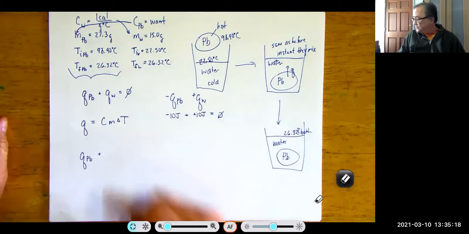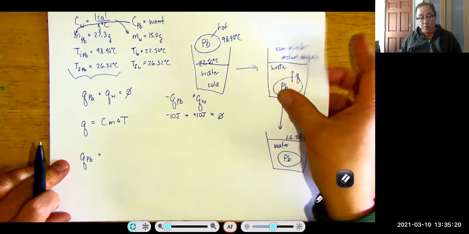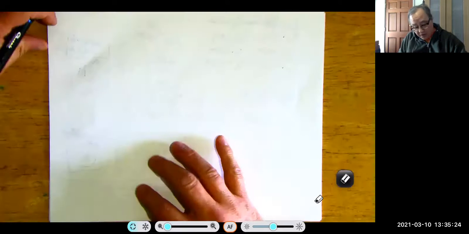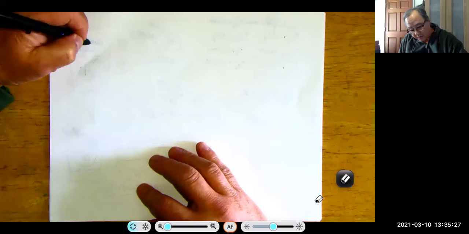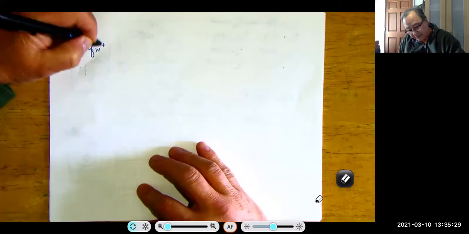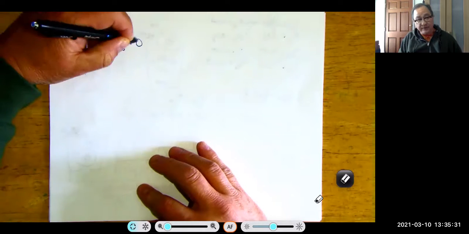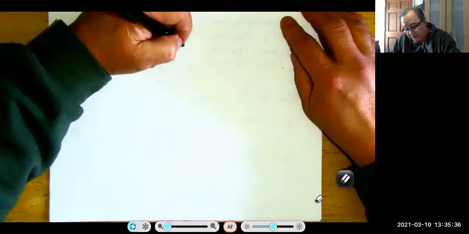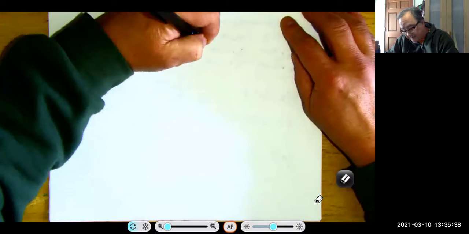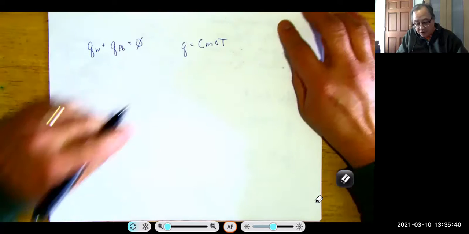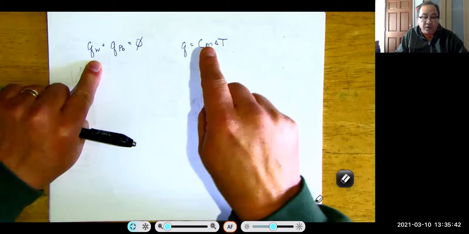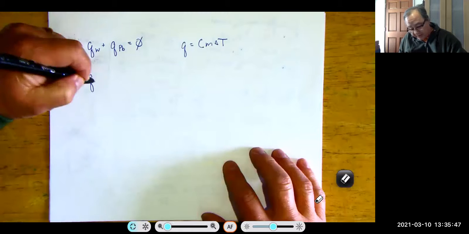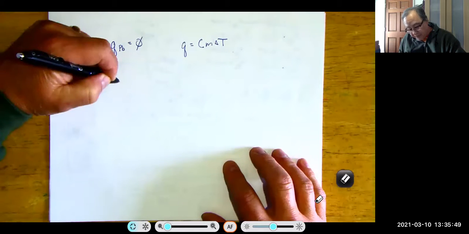So if you wanted to, you could look at this another way. We could realize, first of all, that Q of the water plus Q of the lead is equal to 0. So this is basically starting the same way. Q is equal to C m delta T. And when you look at lead versus water, water is the one where you have everything. So you can do Q of the water is C of the water, mass of the water, change in temp of the water,